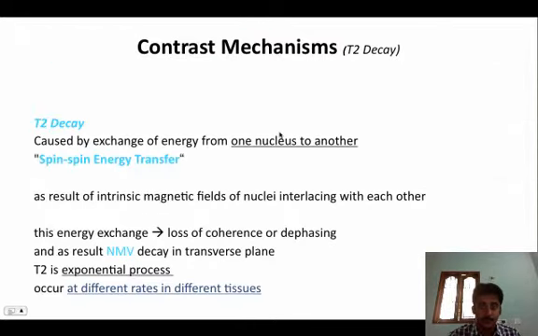So these are some images for T1, and let's go for contrast mechanism using T2 relaxation, which is spin-spin relaxation. What is the spin-spin energy transfer or relaxation? In this spin-spin energy transfer, we have used an RF pulse to make them in phase coherence. So they start coming to their original phase. They are not stable in that position. We have used some energy to push them to come to coherence, and they are not stable, but they remain for some time and come to their original position. This is T2 decay or T2 relaxation. So we can use these times to contrast between fat and different tissues. This is called the T2 exponential process.